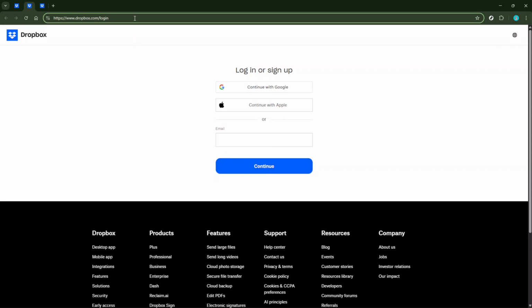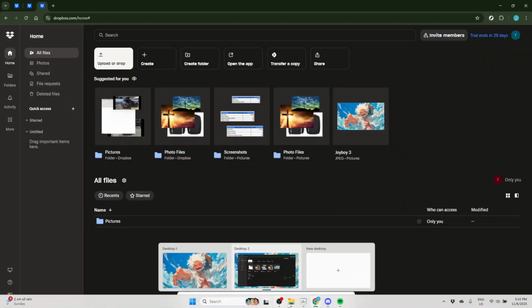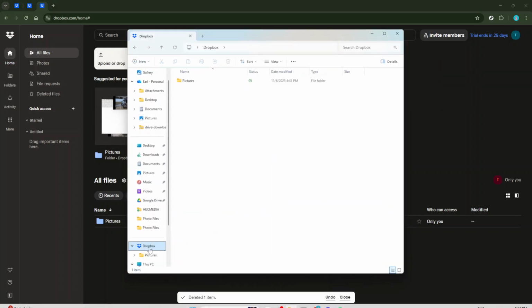With Dropbox installed and your account authenticated, the next step is to open the Dropbox folder on your computer. This folder operates just like any other folder on your computer, but with the special power of Dropbox's cloud. You'll usually find this folder easily accessible from your desktop or file explorer.